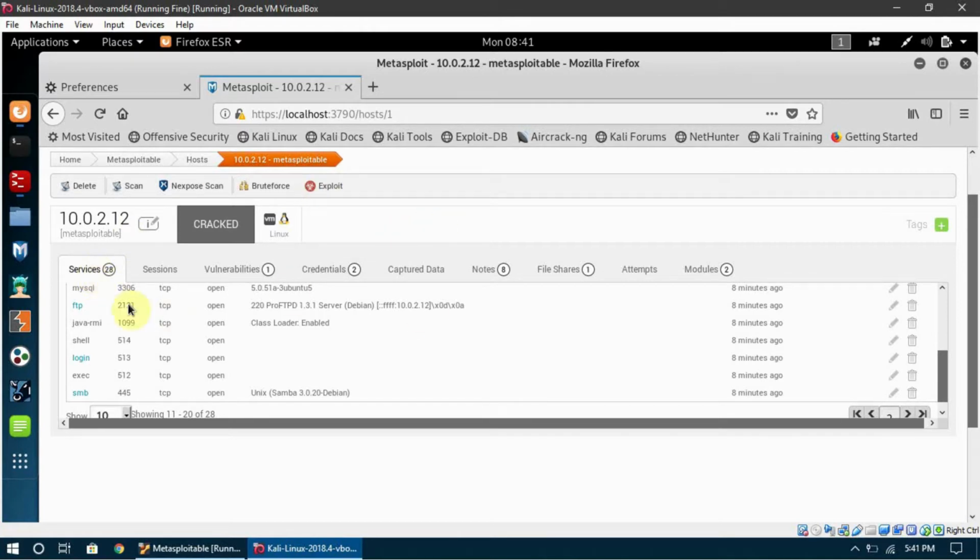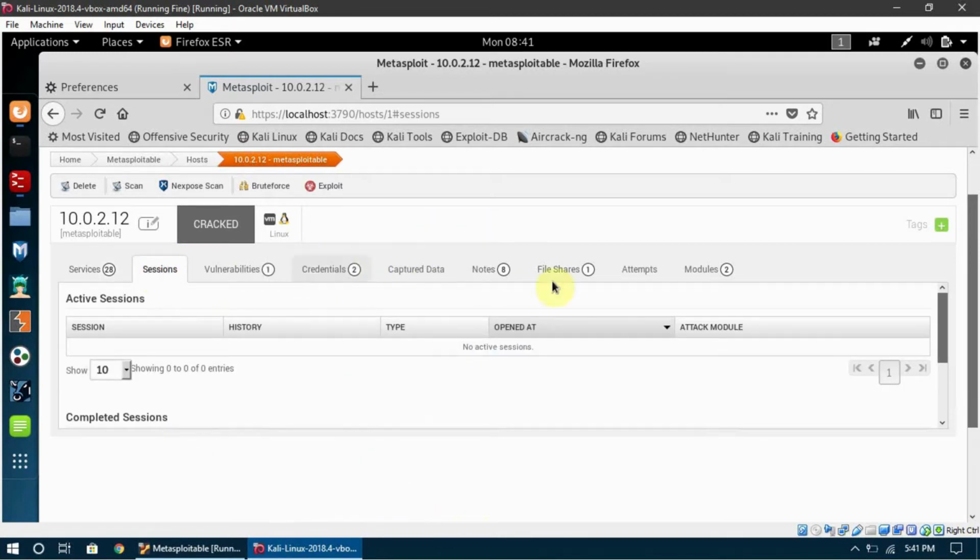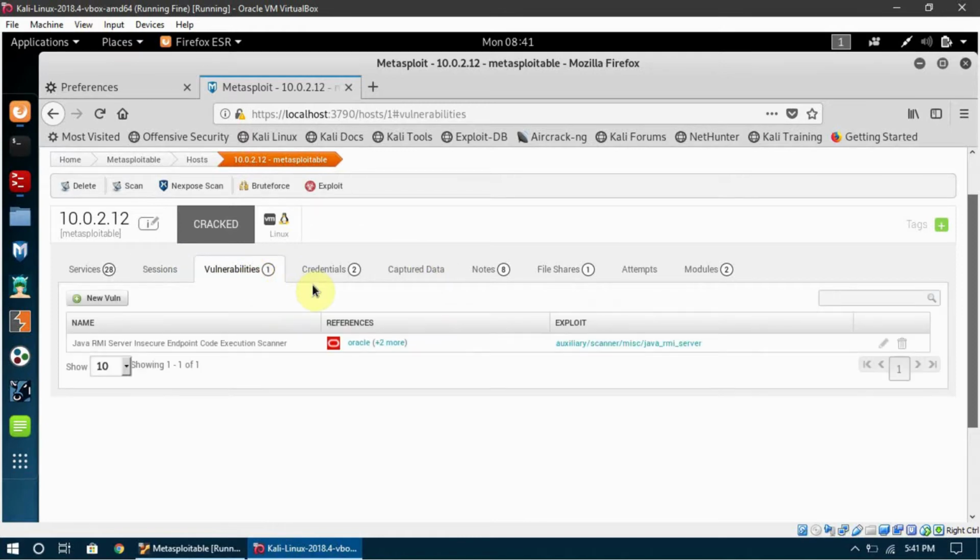So this is just similar to the Zenmap or Nmap output, and I told you before working on Metasploit that we don't have to go to Zenmap to use scans. So it performed the scans for us. So the second section is the sessions. Once we start a new session and we actually manage to gain access to Metasploitable, the sessions are going to show up here. So I will just leave it now and I will come back to it in a few minutes. So here is the vulnerability section.